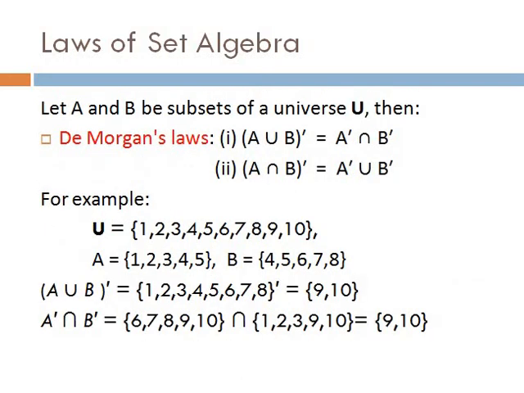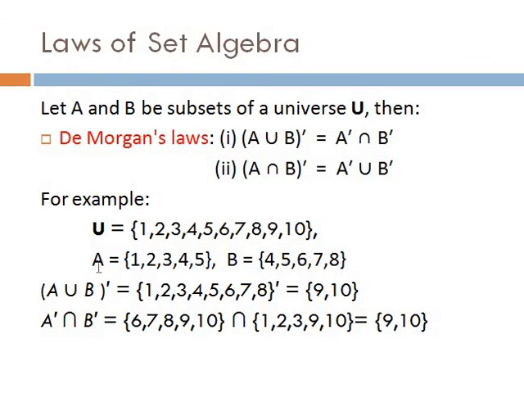Next law is De Morgan's law. That is, (A union B) complement is equal to A complement intersection B complement. The second law is (A intersection B) complement is equal to A complement union B complement. For example, if we take the universe as having elements from 1 to 10, and A and B